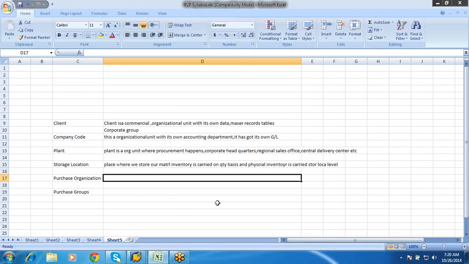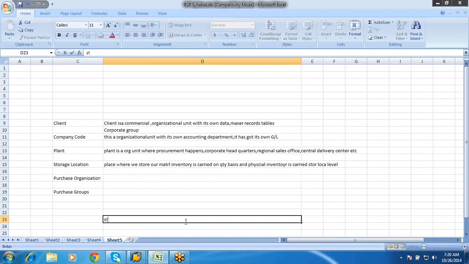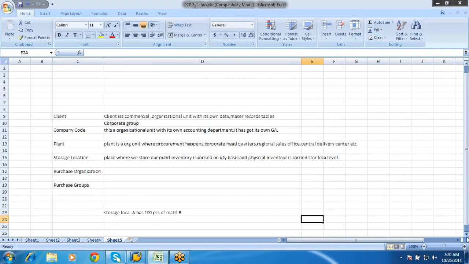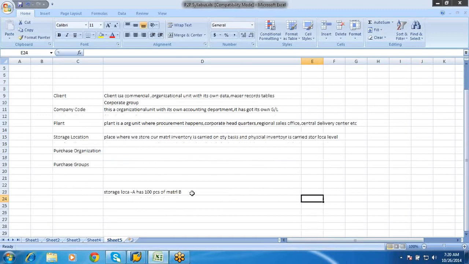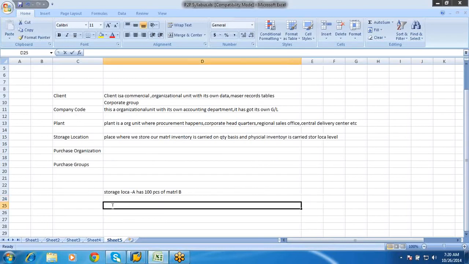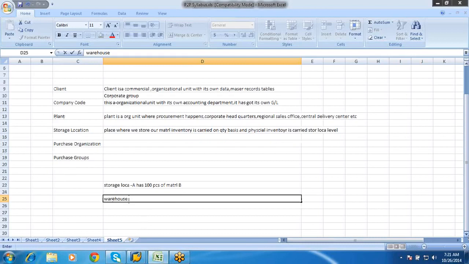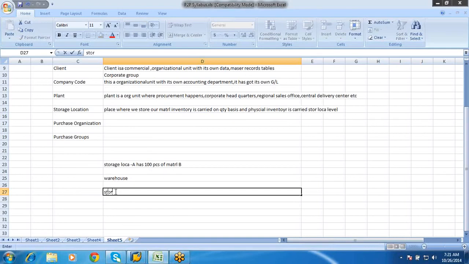For example, say my storage location A has 100 pieces of material B. When you go for inventory, you say 100 pieces of material B are in storage location A. But your warehouse is always linked to a storage location, and when you conduct a physical inventory in your warehouse, your material B first starts with storage location,